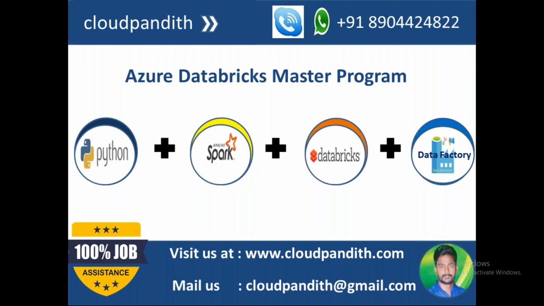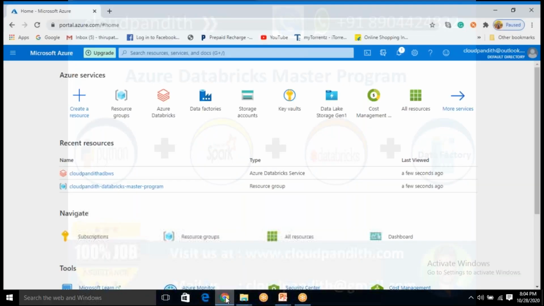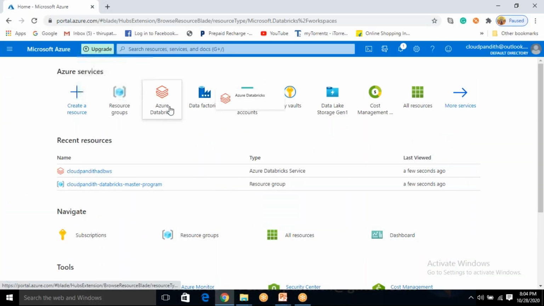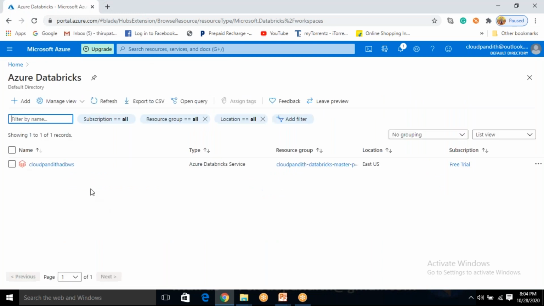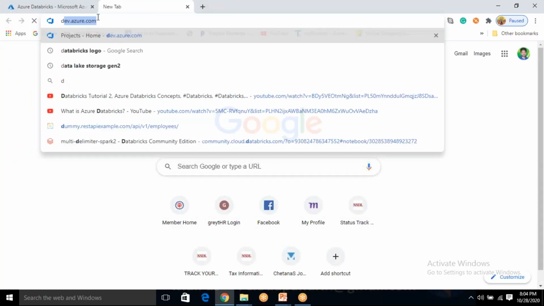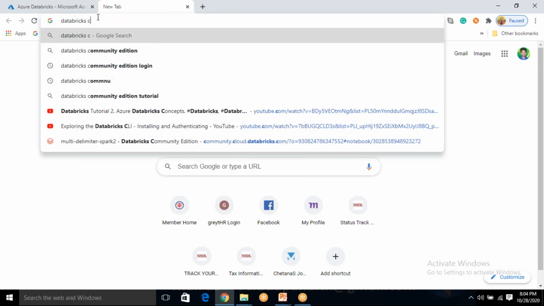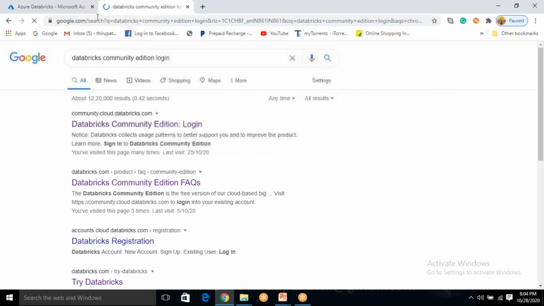So let's go and create an Azure Databricks workspace. Let's click on Azure Databricks. Something is there, but it is not deleted yet. I don't know why it is not deleted. Okay, let's go with our Databricks community for today, so it will be much quicker. Let's click on Databricks community and login. There is no difference, friends. You just copy paste this code in your Azure Databricks and it is going to work exactly the same. Remember.